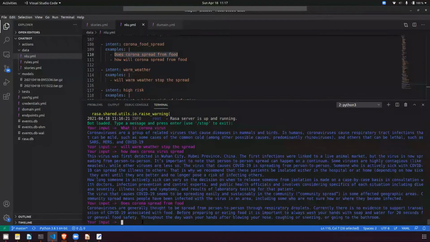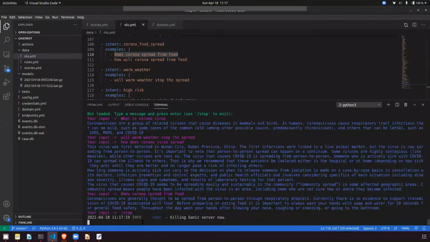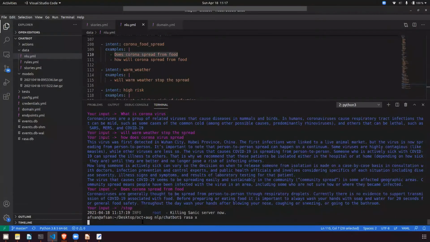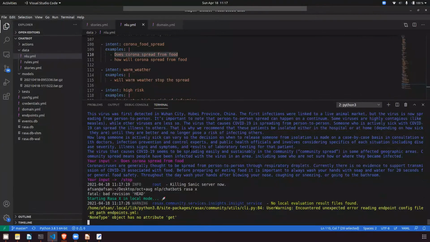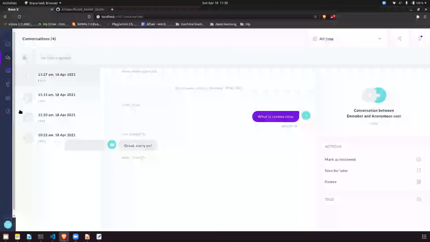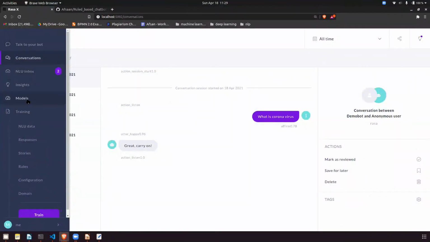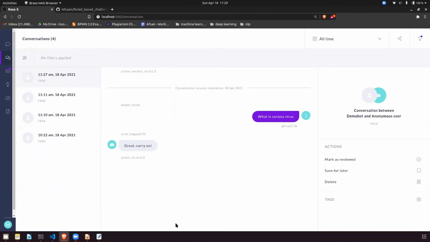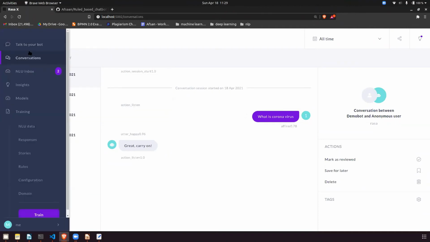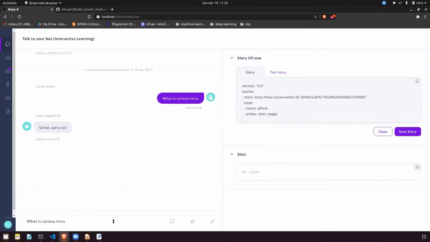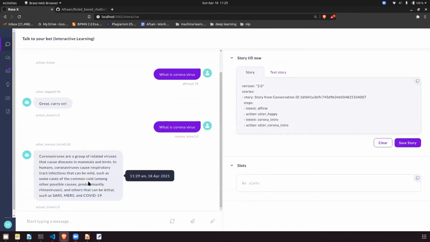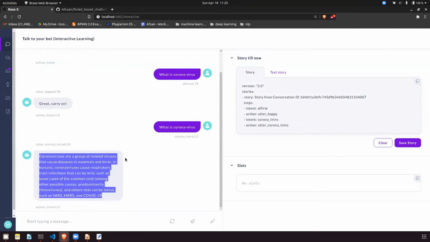Okay, so I will just stop this and show you the same with the help of Rasa X. In future, if Rasa X starts working, you can go with Rasa X. Rasa X will get opened at the end. In "talk to your bot", I type: what is coronavirus? And this is the answer you're getting: Coronavirus are the group of related viruses that cause disease in mammals, and so on.